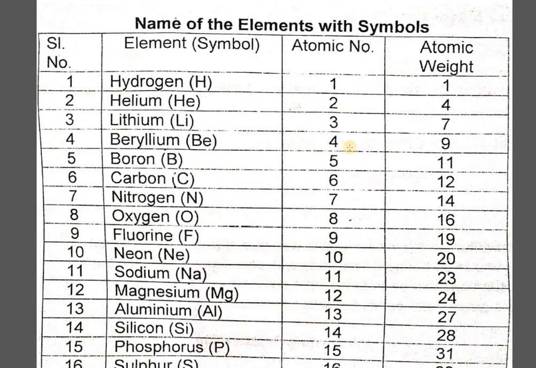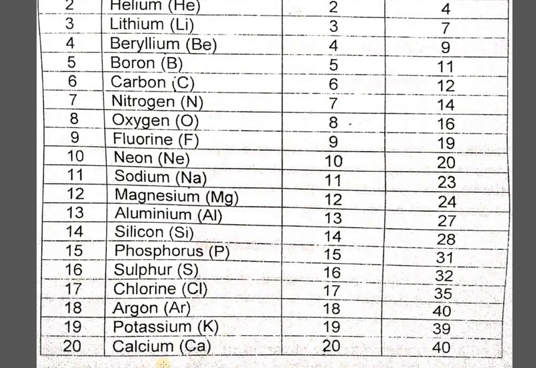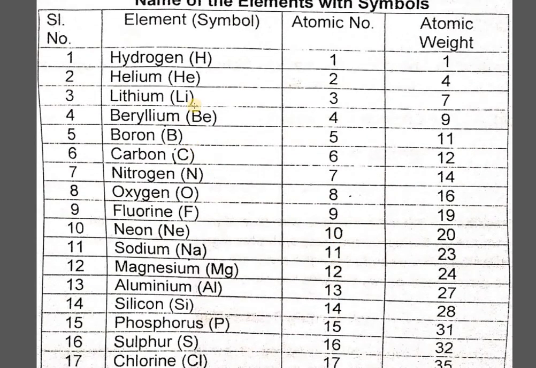Now students, you have to remember the atomic number at least for all these elements which have been provided here till atomic number 20, which is calcium. And at the same time you also need to know how the symbols are represented. Hydrogen is H, capital H. You cannot write it as small h. Helium will be represented as capital H and small e. If there are 2 letters representing an element symbol, the first letter has to be the capital letter and the next letter has to be a small letter.